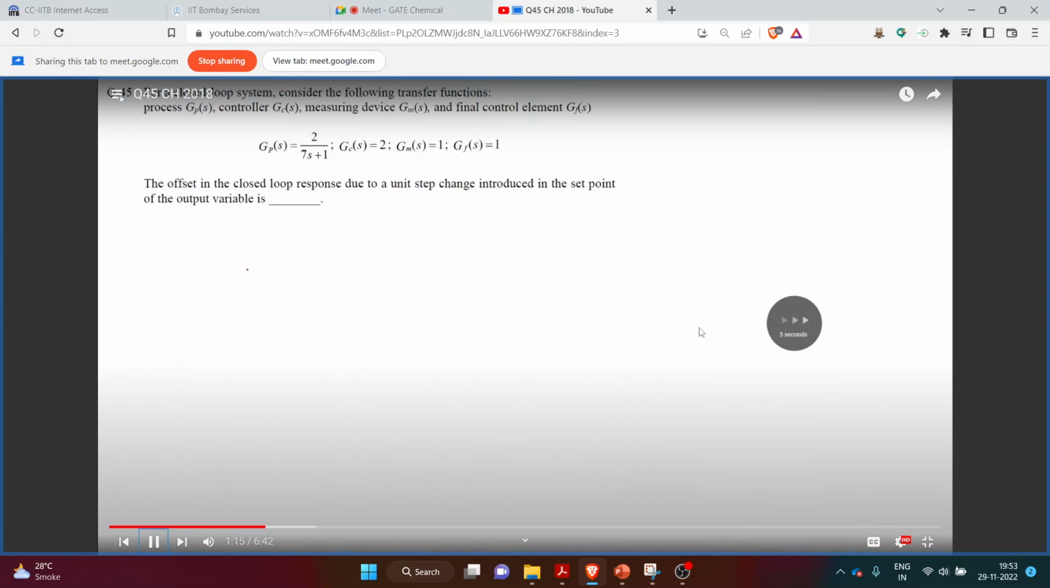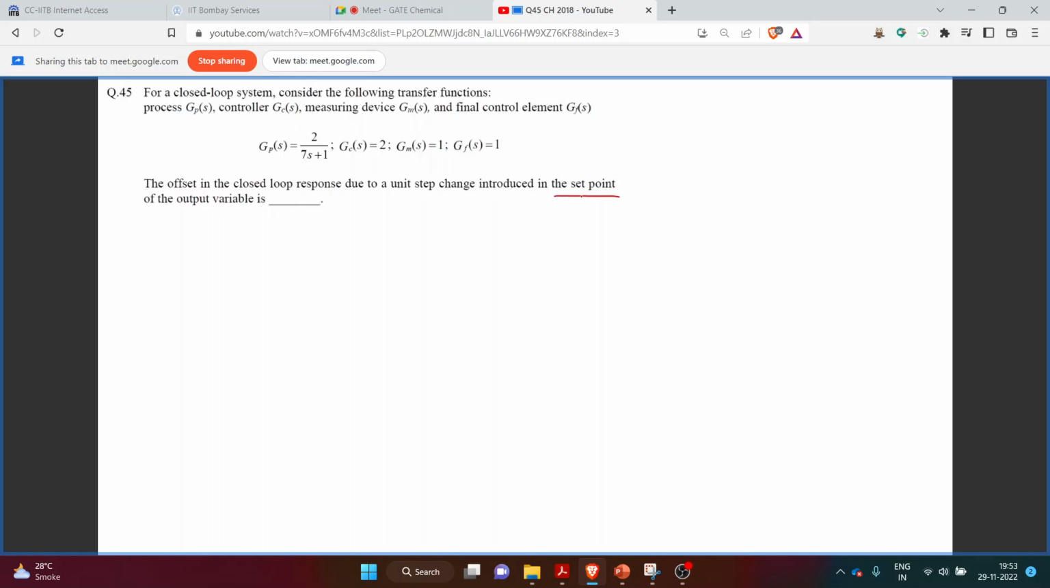So to start, here we are introducing a change in the set point, and we haven't been given any information about the disturbance, so we will take the disturbance as 0. If YSP is my set point, that will be my input. It will go from here. Then first we will have the controller transfer function, that is GC. After that will be followed by the final control element, that is GF